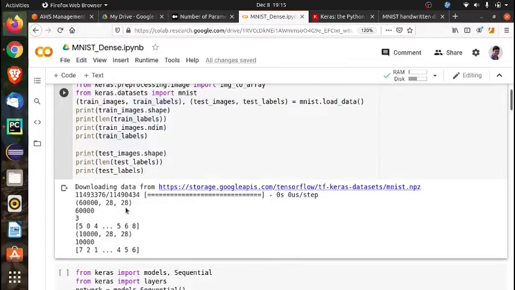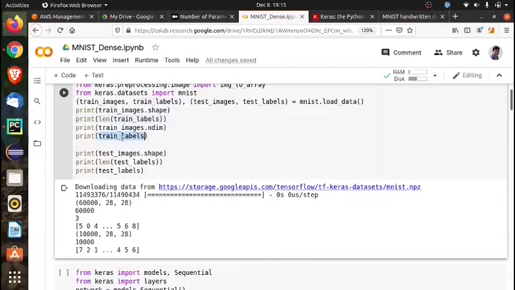So it's 28 by 28 pixels, the shape of the images, and 60,000 is the total number of images. The length of train labels is also 60,000, because there are 60,000 images and corresponding 60,000 labels.